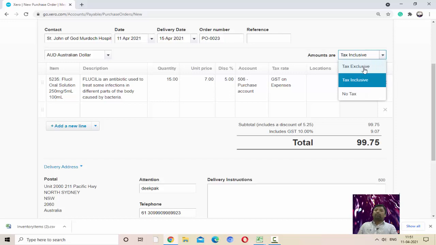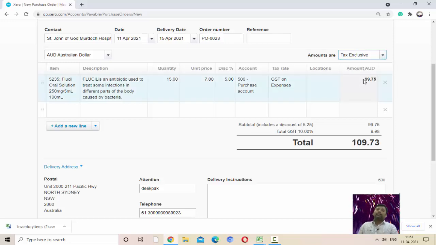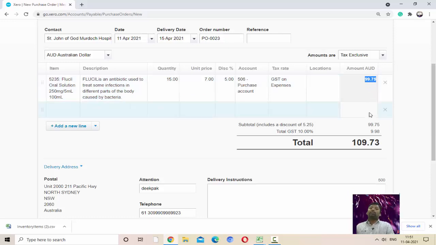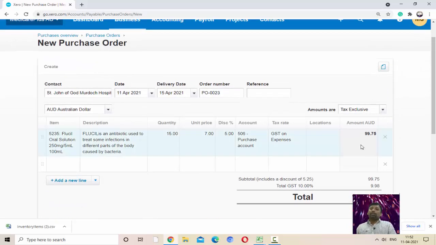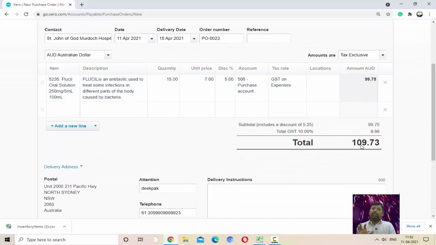And if you select tax exclusive, then tax will be charged on this amount 99.75, and that is 9.98, and the total amount will be what is charged by our supplier when the goods are purchased from him. This is only the order.